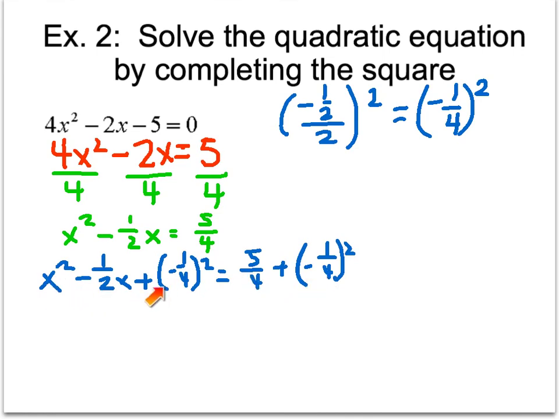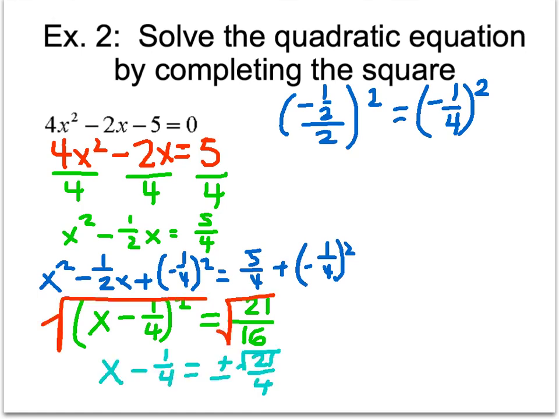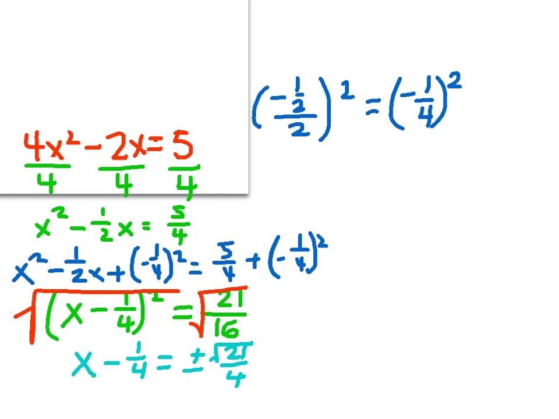This trinomial is now going to be a perfect square trinomial, and that's going to factor into x minus 1/4 squared. So we've got x minus 1/4 squared equals 21 over 16. We just combine these two terms. And now to solve this equation, I need to take the square root of each side. Okay, so taking the square root of each side, I get x minus 1/4